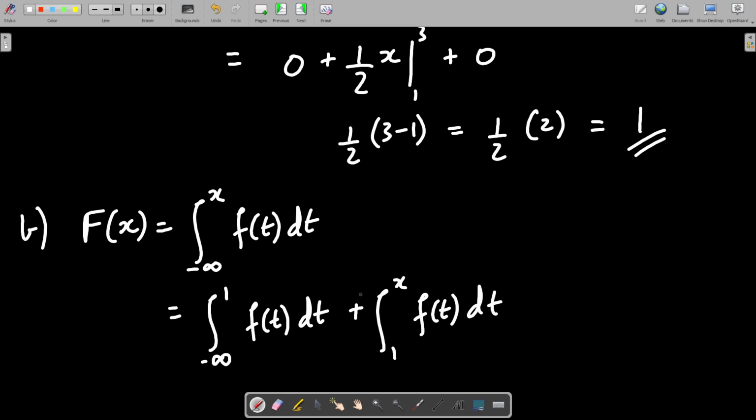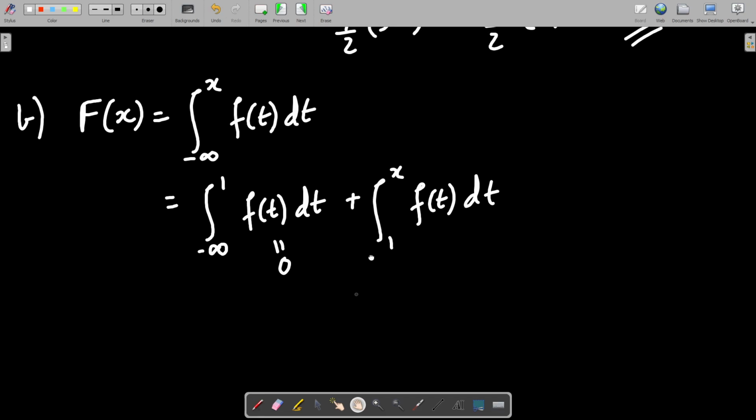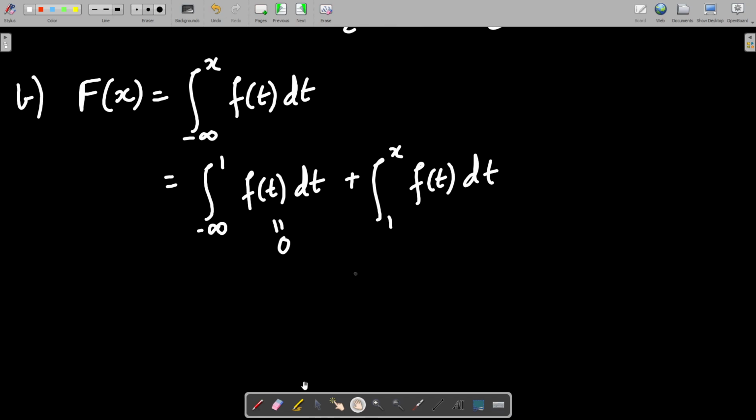See, this x can be anything, so x can be something greater than 3 or something. So we won't simplify it further. Okay? Up till x, we'll write it and keep here that x can be greater than 3. If you know x is greater than 3, then only make another part of this integral. Okay? This part we know is equal to 0. This is 0, this is integral 1 to x.